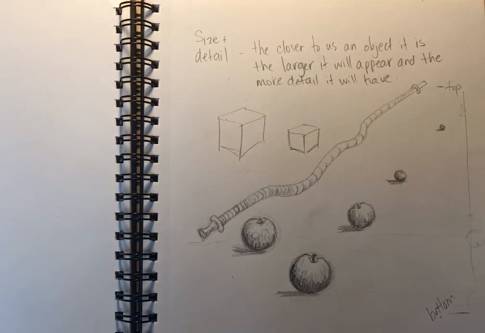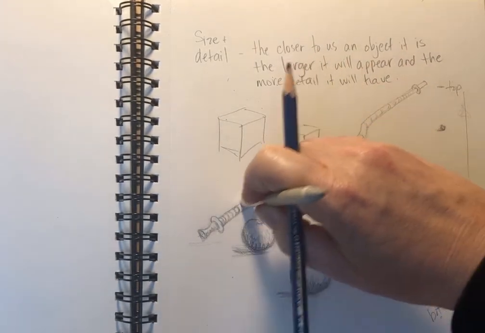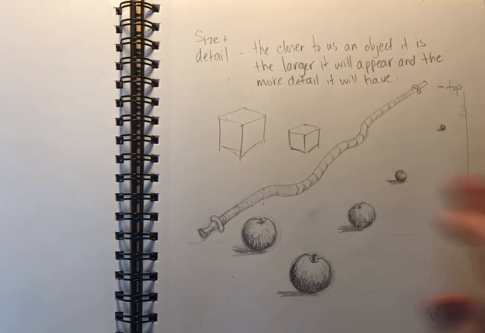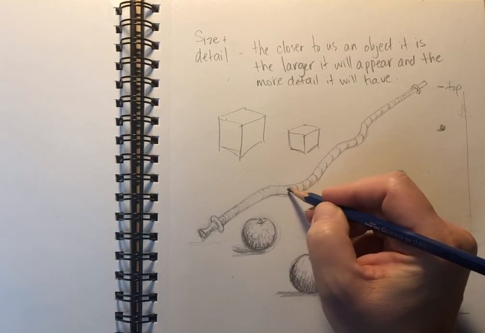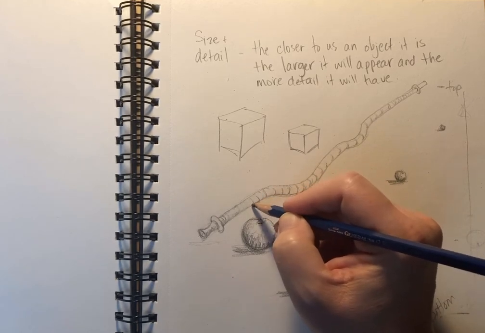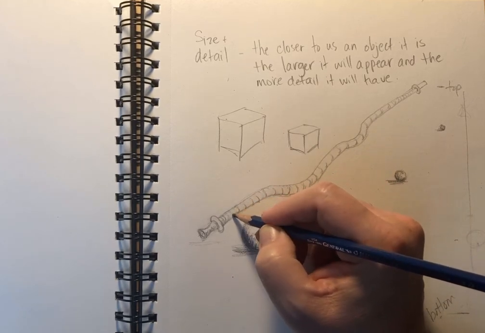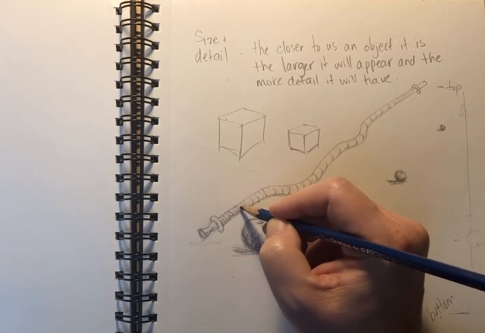I don't like how much I put in here, so I'm just going to erase this a little bit. I like how it ended up a little bit better than how it started, which can happen. So I'm going to just space them about the same as the ones near the end. But again, these ones, when we put in our shading,